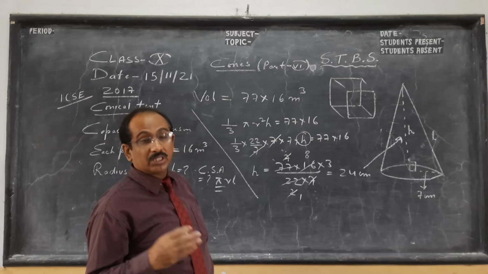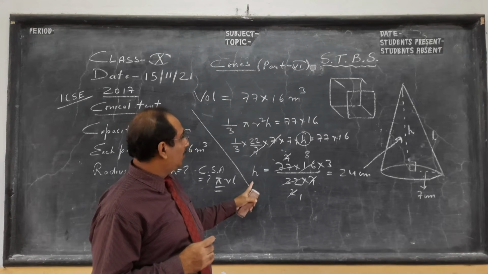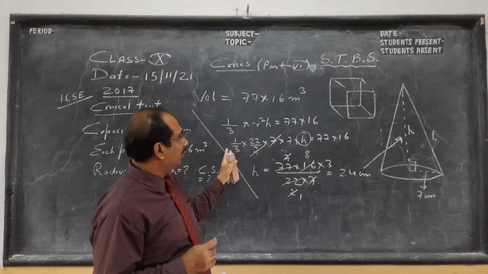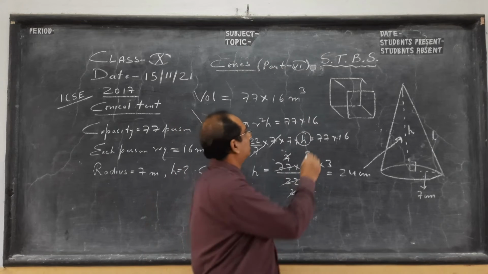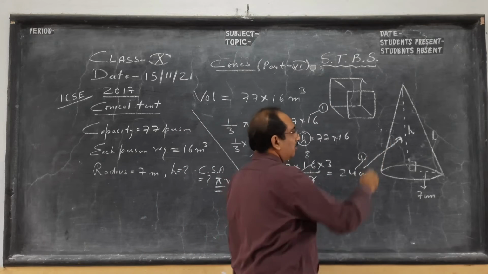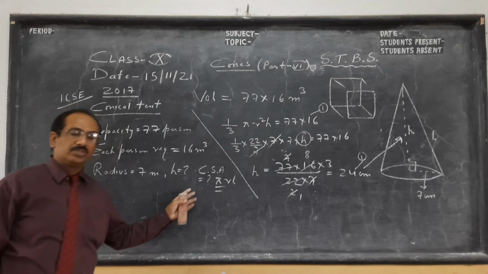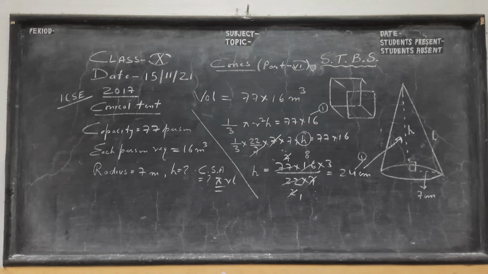So I was telling you mensuration and arithmetic have huge practical application. We get the volume of the conical tent, and with the help of that and the radius, we get the height. So 1 mark for this you will get. What is the volume of the tent, 1 mark. In the next step, what is the slant height, 1 mark, and what is the curved surface area, 1 mark. So this can be a 4 mark question. Kindly pause the video and copy, then we move on to the last part of this question.